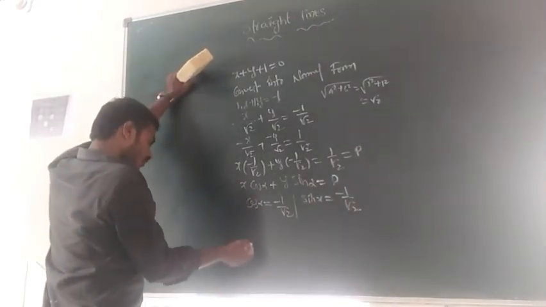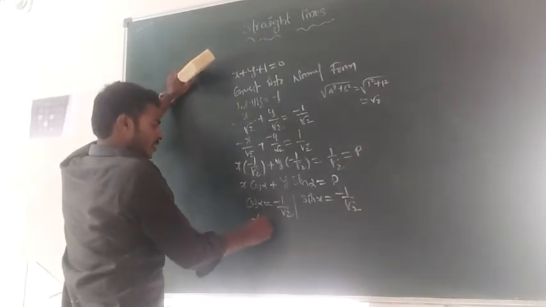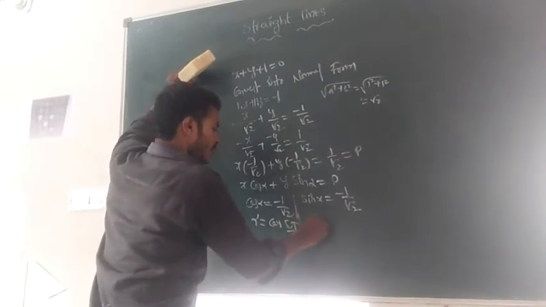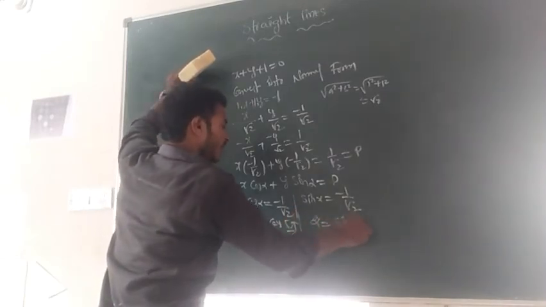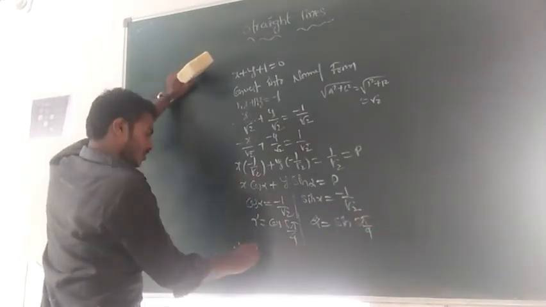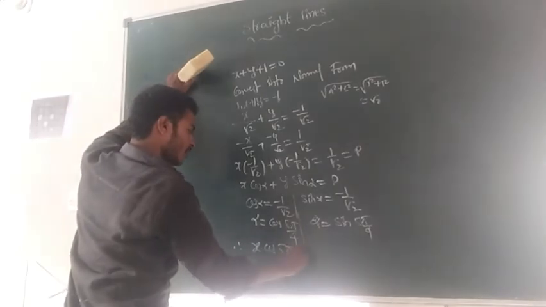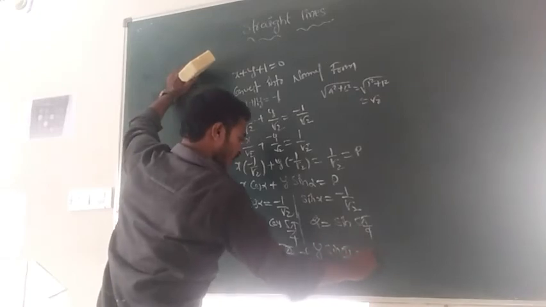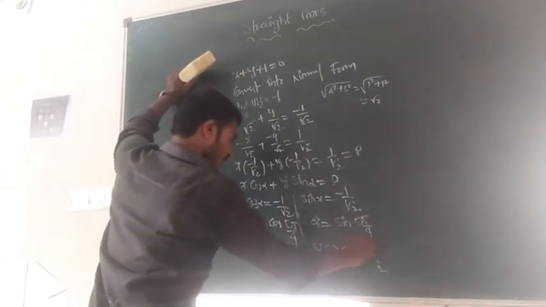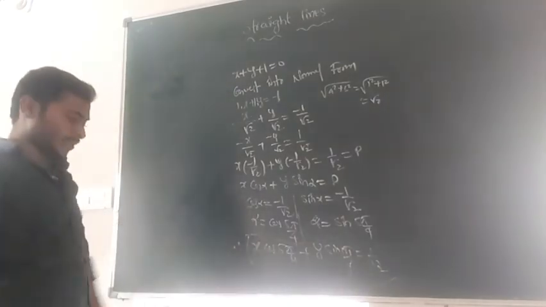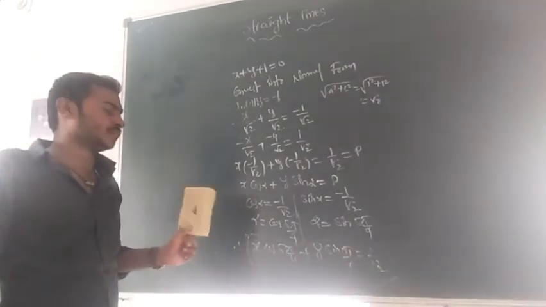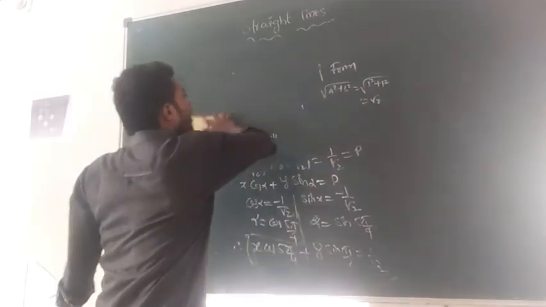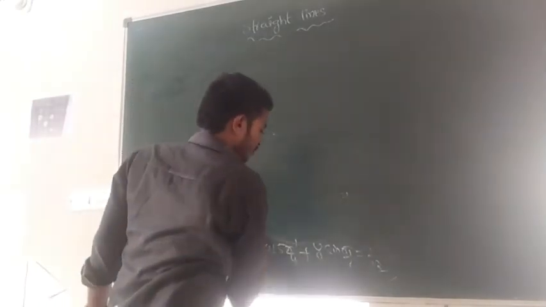Now clearly alpha equals 5 pi by 4, as both cos and sin give this. So x cos 5 pi by 4 plus y sin 5 pi by 4 is equal to 1 by √2. This is how the straight line is converted into normal form. Now depending on these concepts, lastly we have